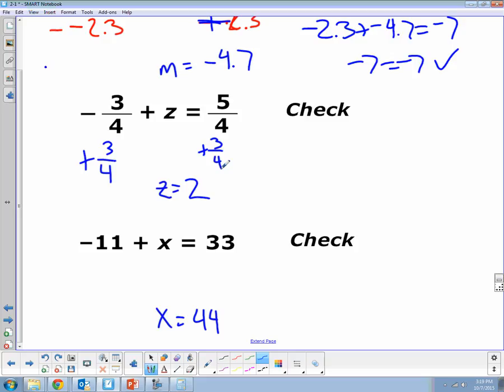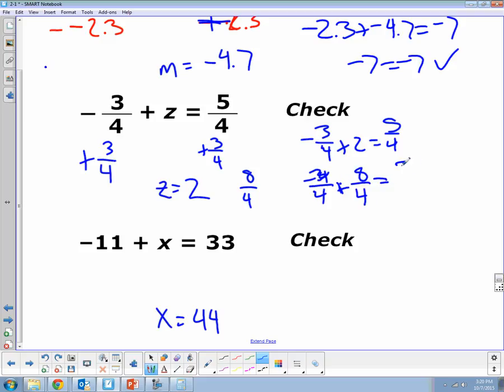5/4 plus 3/4 is going to give me 8/4. And 8/4 is going to be 2. Just like 8/4 will give you $2. We can check that work to make sure it is correct. Negative 3/4 plus 2 equals 5/4, which we need to get the common denominator. So negative 3/4 plus 8/4